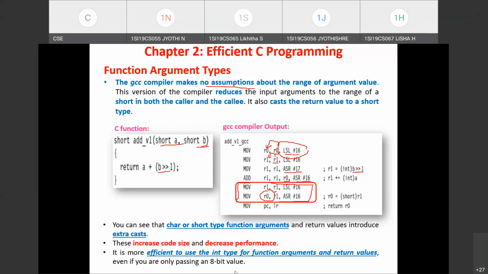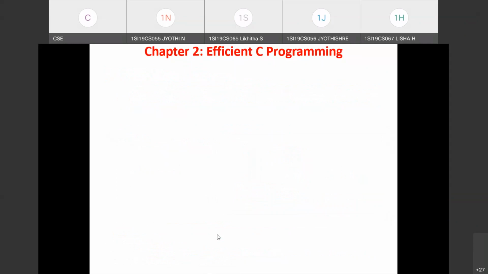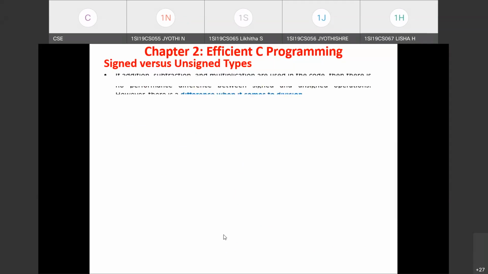So now before winding up these data types, we have to discuss one more topic, that is signed versus unsigned type. Already we have seen what type to consider for function arguments and local variables. So coming to the difference or the efficiency with respect to signed and unsigned types. You will not see any efficiency or performance difference with respect to addition, subtraction, or multiplication.